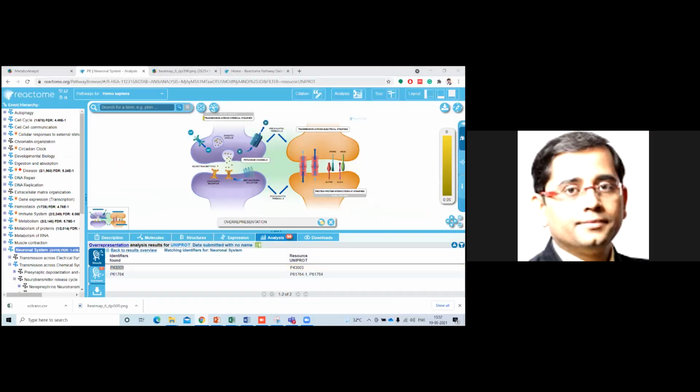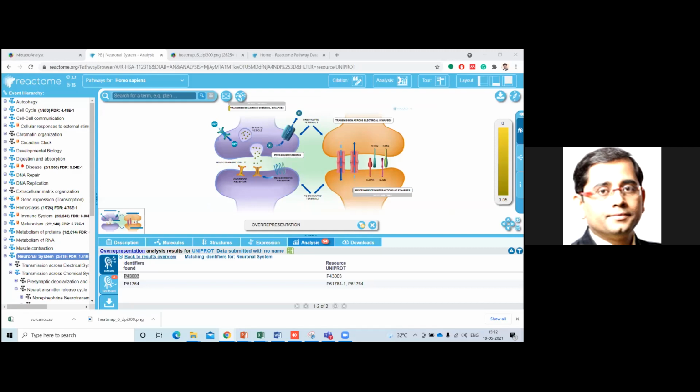You can now ask participants what pathways they got. They can put the names from today's data set in the chat. So can any one of you paste the pathways that you are getting over here? Even the report is fine. Or the top 3 pathway names. Just the names of the top 3 pathways in the chat box. Any one of you.